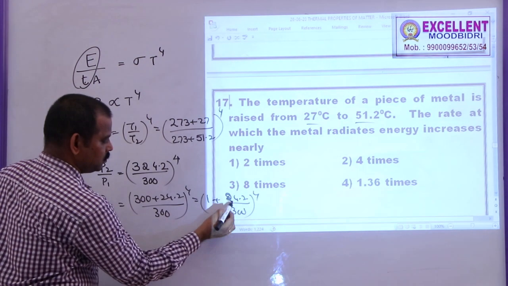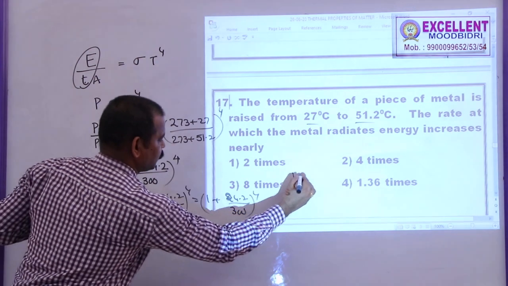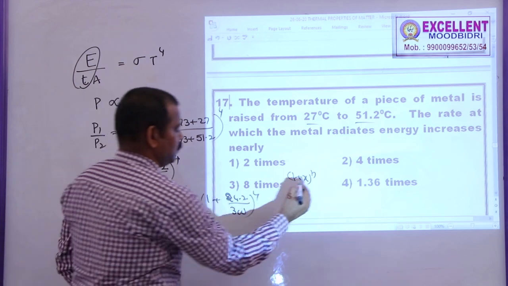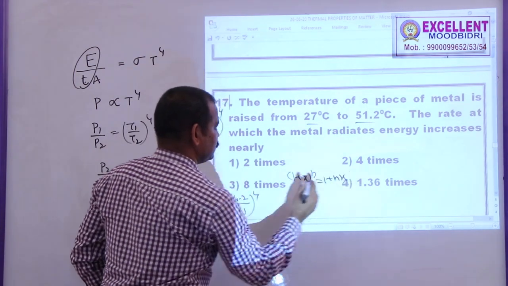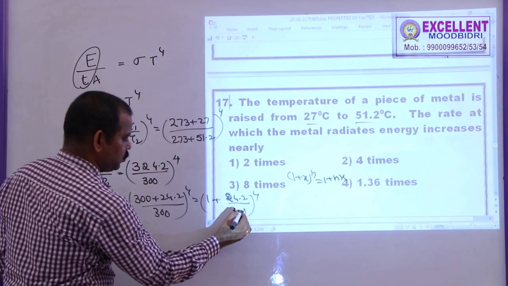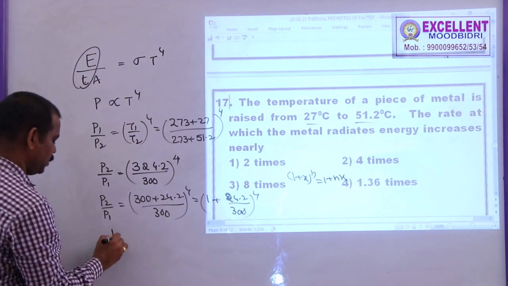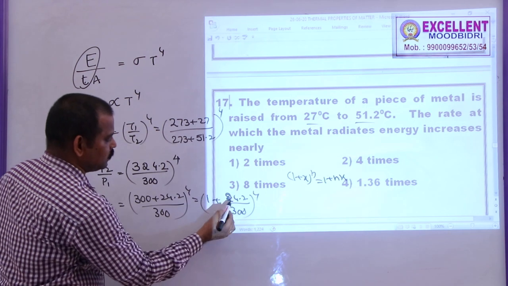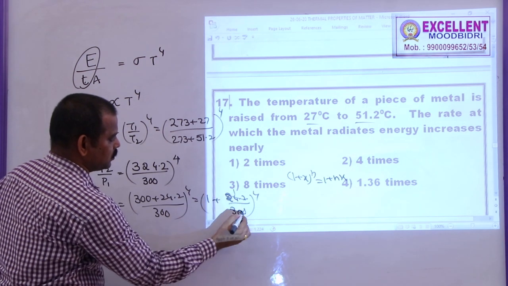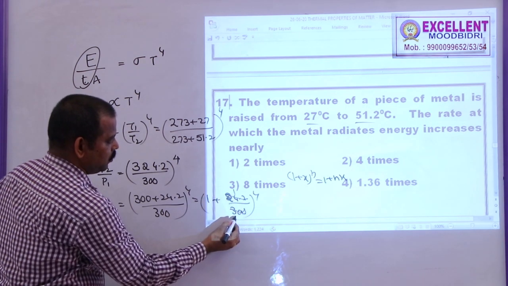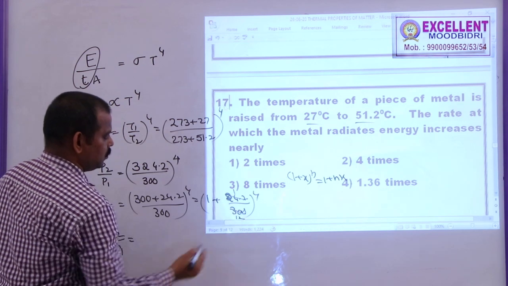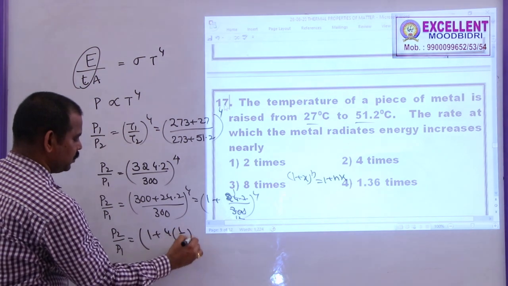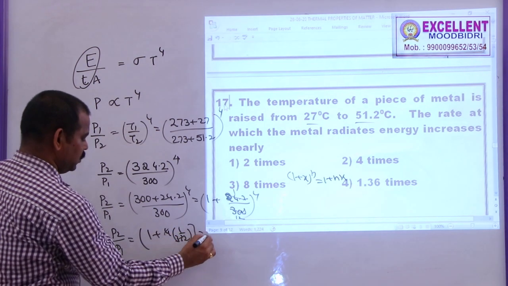Now this value is very small. If the expression is in the form of 1 plus x whole power n, this can be written as 1 plus nx if x is very small. When compared to 300, 24 is small. So we can write P2 by P1, or you can cancel this one also. This is nearly 25 once and this will be 25, 4, 3 is 12. So this will be 1 plus 4 into 1 by 12, this 4 ones 4 3s, this 3 plus 1